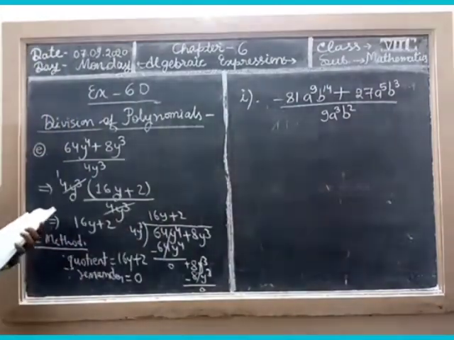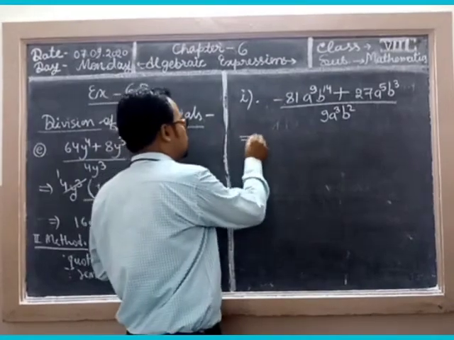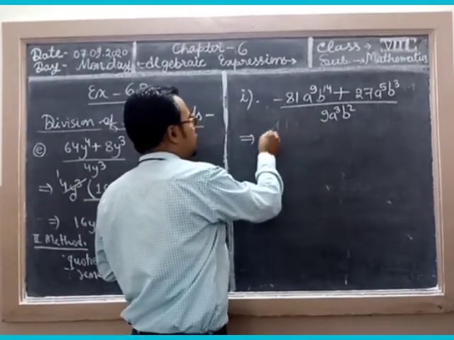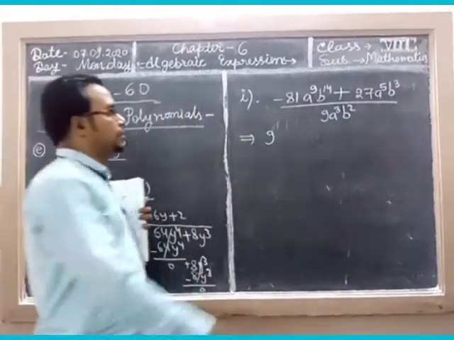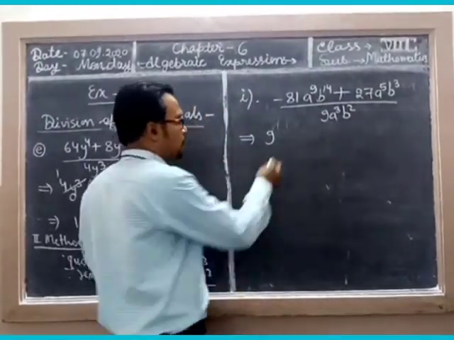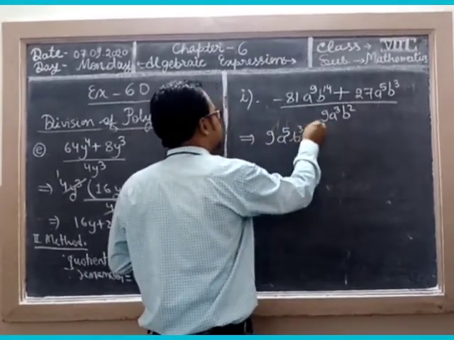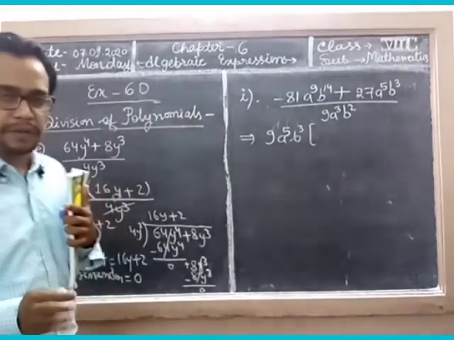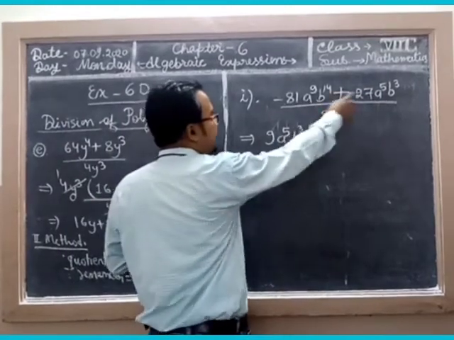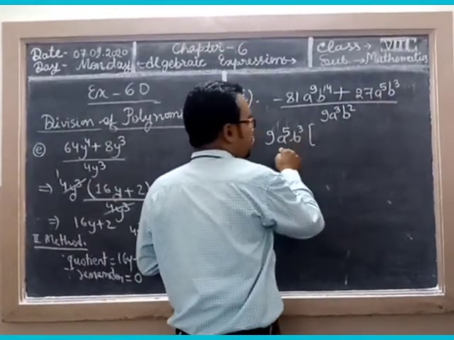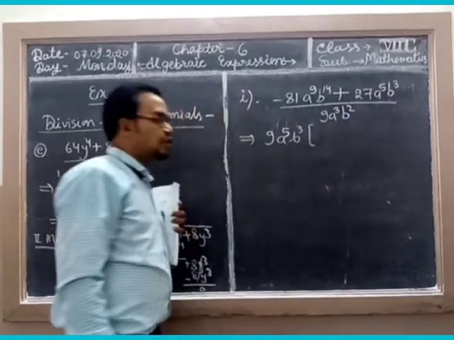So initially I will do this question by the simple common factor method. So student, here 9 comes, so we will take 9 as common. a9 or a5? Our requirement is a2, so we take common a5. b14 or b3? We take common b3. Minimum power we will opt for common. So a9 or a5, which one is minimum? a5, so we take common a5. b14 or b3, which is minimum? b3, so we take common b3.